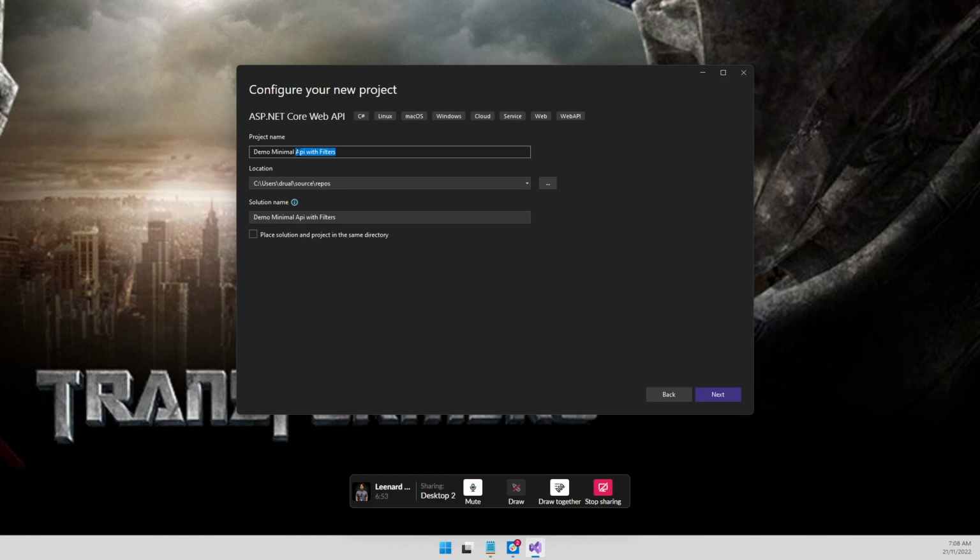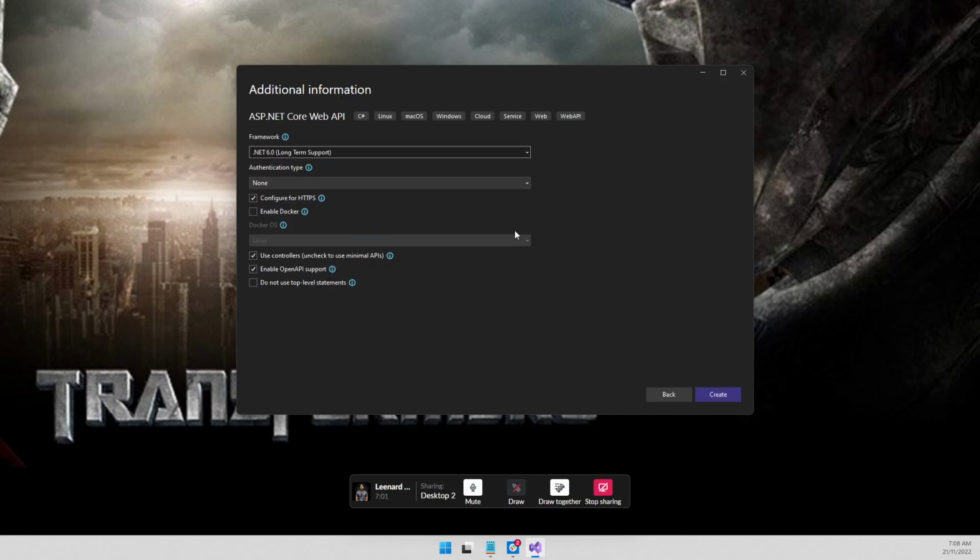This is the new functionality in .NET 7. .NET 6 doesn't support filters. .NET 7 supports filters. Then here you must select .NET 7. That's why it's important: all the Visual Studios today must be updated. Then select .NET 7. Also here I'm going to explain a little bit about long-term support and